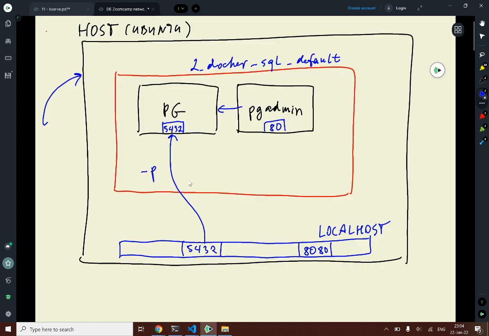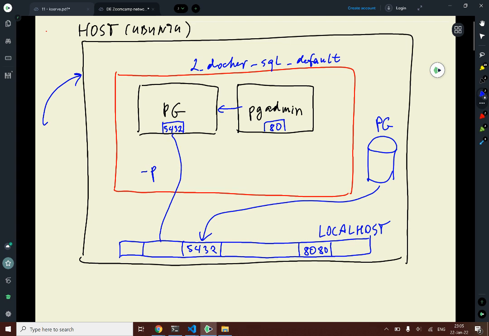And now let's imagine that we, on our host computer, already have Postgres running. So we have Postgres, and actually this Postgres already takes this port. So we cannot run anything on that port. So what we can do in this case, we can do port forwarding to a different port. So we can use, let's say, 5431. So then we will map a port on our host computer, this one, 5431, to a port 5432